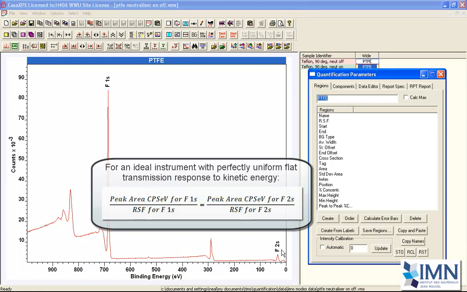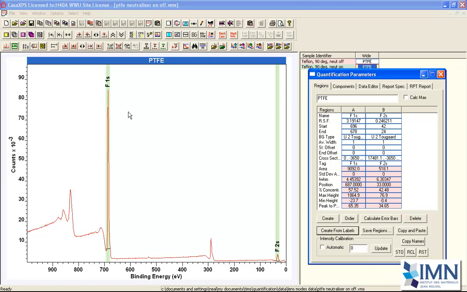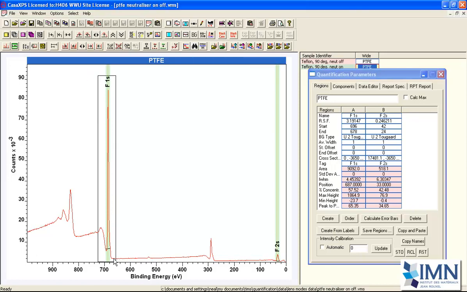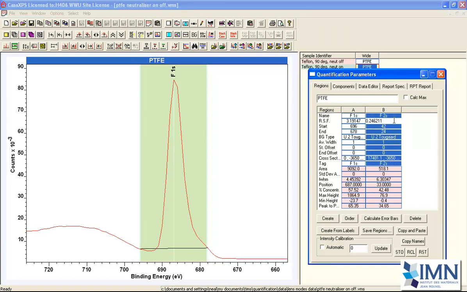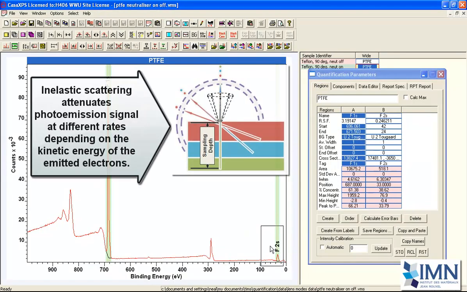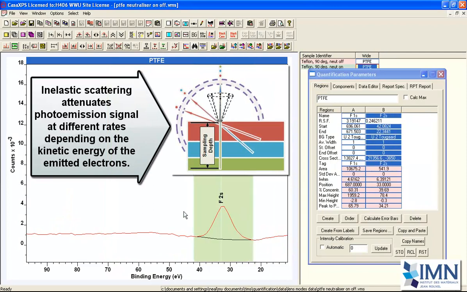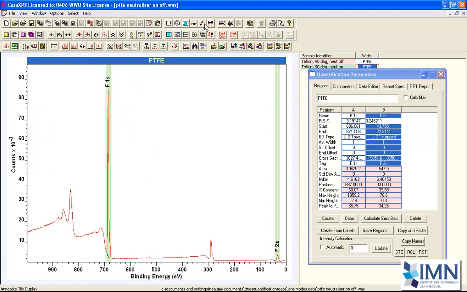So there are two annotation labels on these peaks, so I can use create from labels, and this will use the label and also the relative sensitivity factor that is defined by those labels have come in from the element library. So we've got a fluorine RSF for the 1s and the 2s, and these are the scale factors that will change the peak area from the fluorine 1s. So these two should actually appear, once scaled by these relative sensitivity factors, with the same scaled area. So when I put up a quantification table